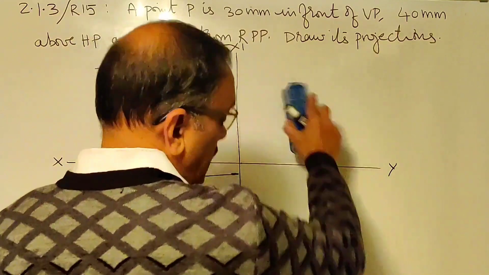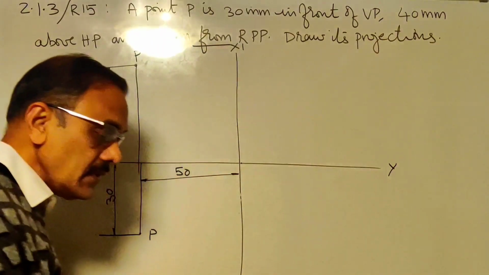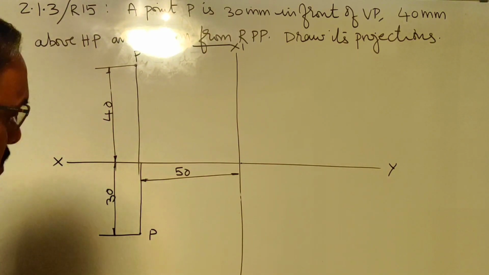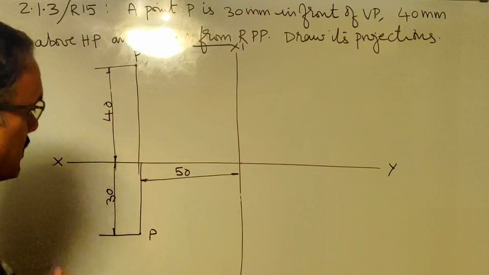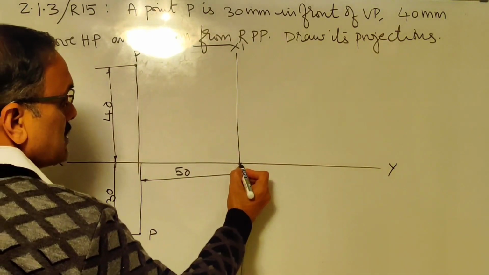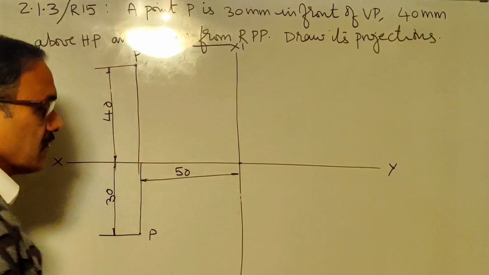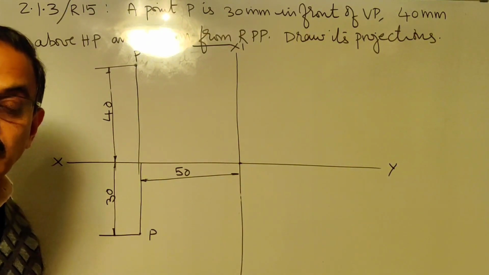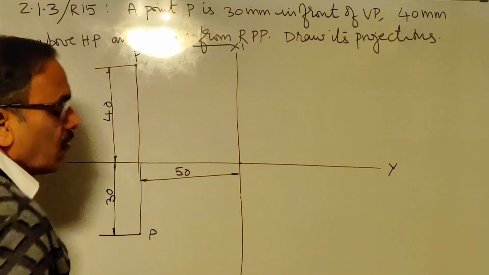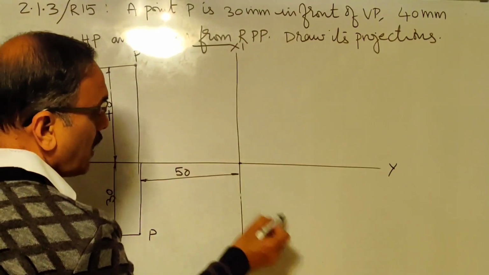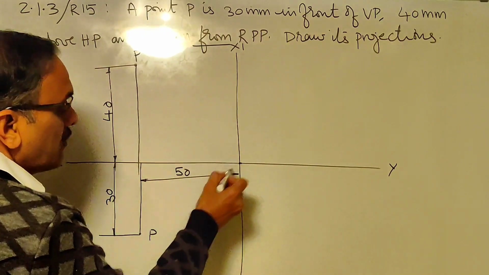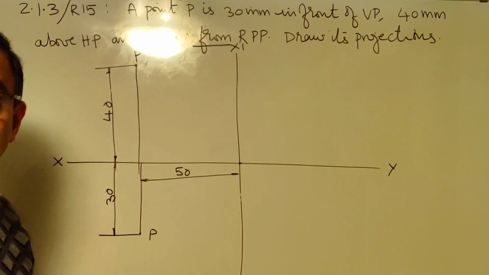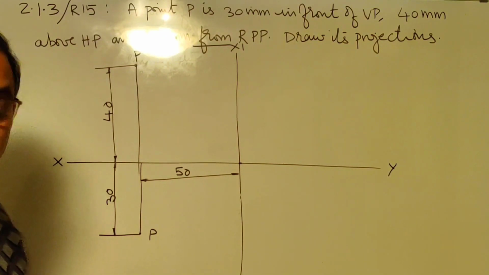So let us see how to get the profile view of the point P. This is the procedure. Now once you draw this line, there is an intersection point of xy and x1, y1. Locate that. At that point, you have to draw a line inclined at 45 degrees to the xy line. Now, where should you draw? There are 4 possibilities. 1, 2, 3 and 4. Drawing a 45 degree line. Why the line has to be 45 degrees, I will explain to you. Just wait for a minute.